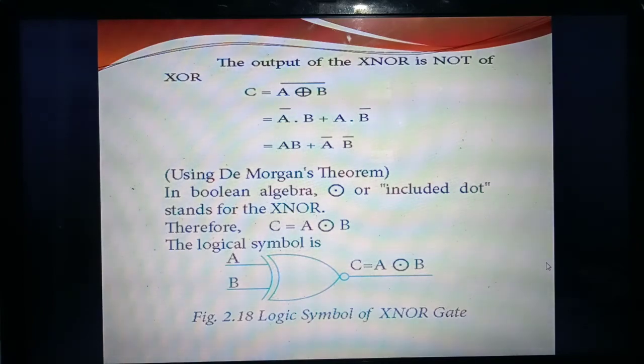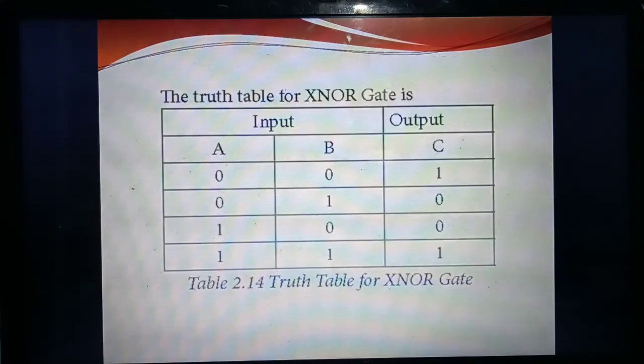Okay, so XOR gate with NOT. At the XOR gate you should draw the bubble at the front. Understand? So this is the truth table. The truth table is just opposite to the exclusive OR. If both the inputs are the same, you will get the answer 1. Otherwise the answer is false. Understand? So we have studied up to this.